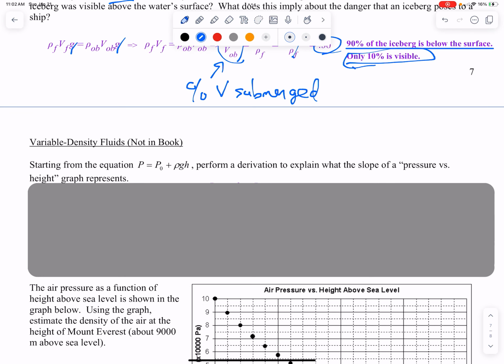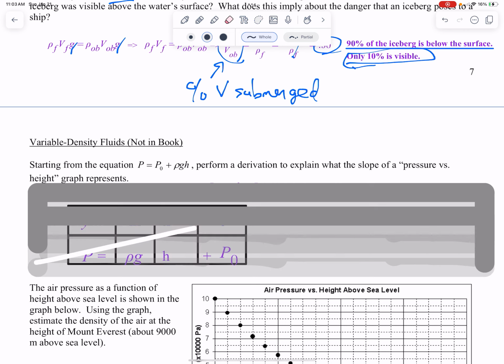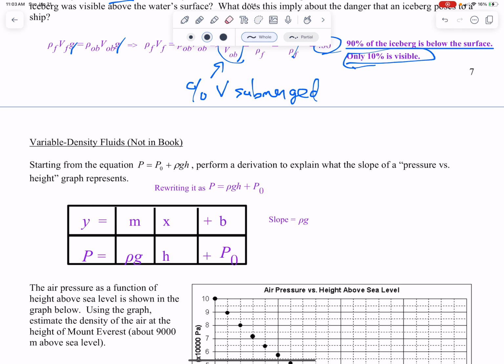Now, this section's not in the book, so let's talk about variable density fluids. Starting from the equation P equals P naught plus rho g h, perform a derivation to explain what the slope of a pressure versus height graph represents. So if you look at the graph here, let's rewrite the equation as P equals rho g h plus P naught, and you can see we are plotting